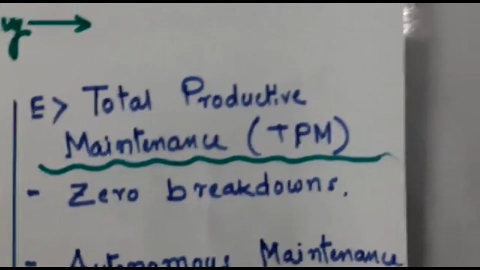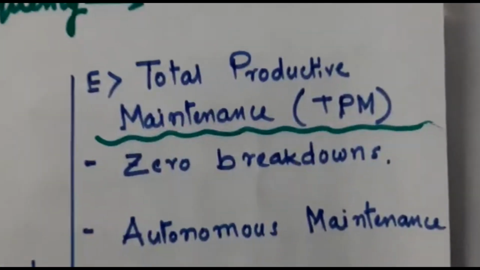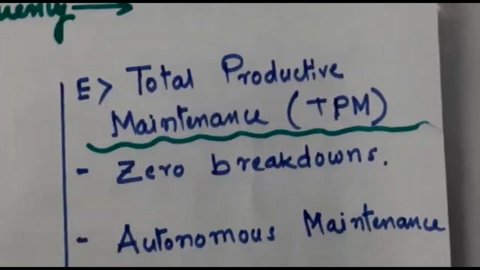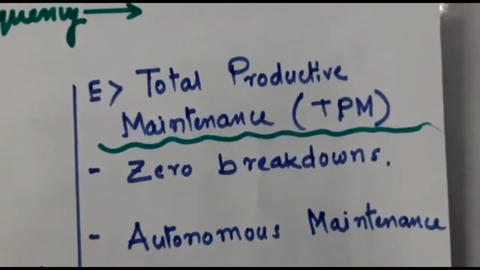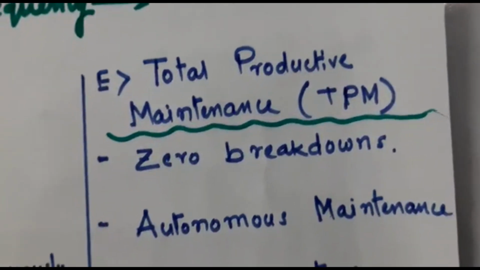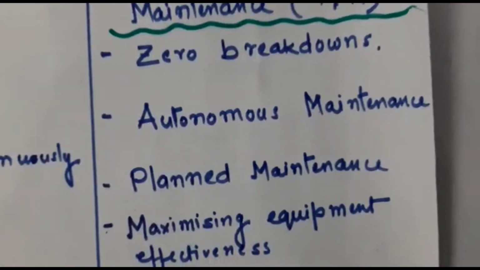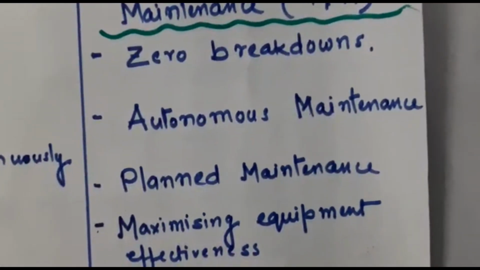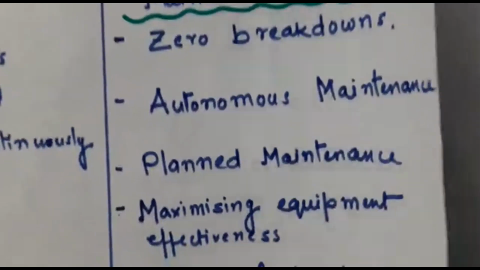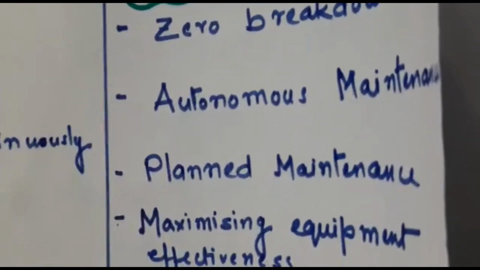Now, total productive maintenance, which is also called TPM, its main objective is to have zero breakdowns. And that is carried out by having the following elements. Firstly, it calls for autonomous maintenance. Autonomous maintenance means,